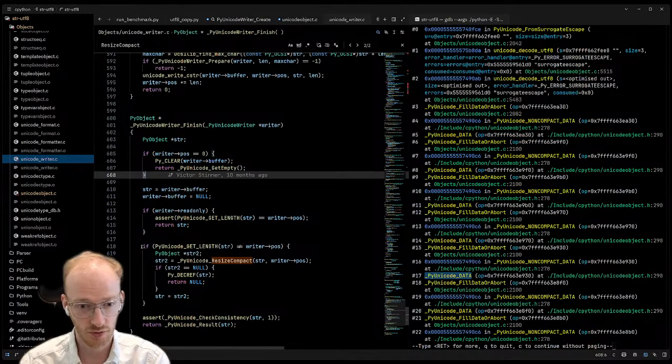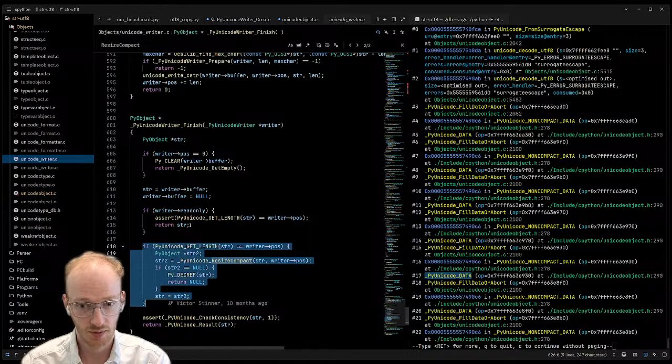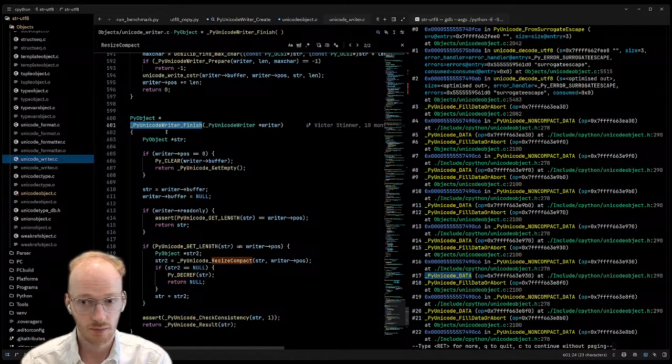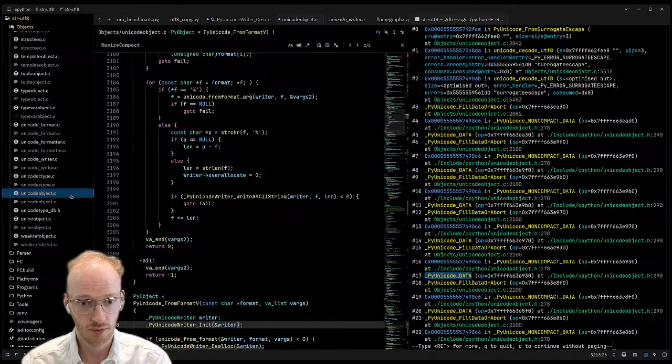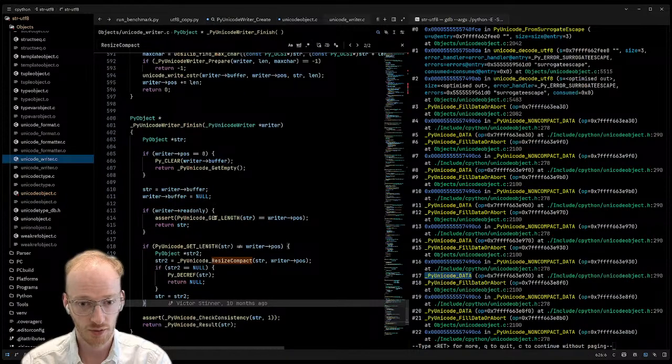Okay, I think we'll just do this. Yeah. I think. Maybe PyUnicode writer finish. Fine to call. Let's do that. Let's just call PyUnicode writer finish.